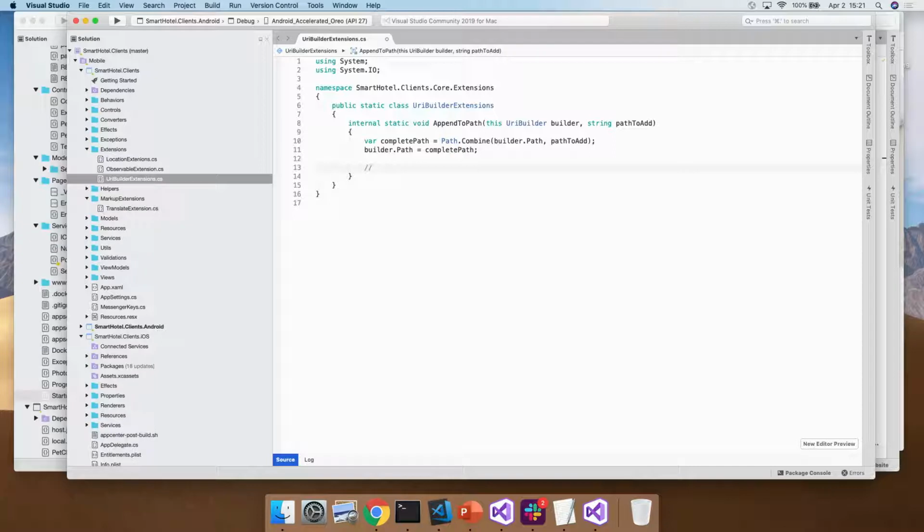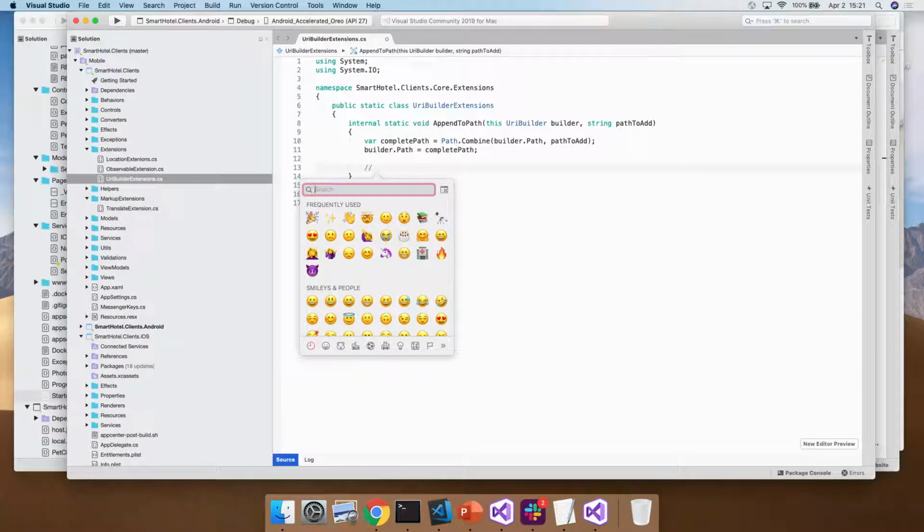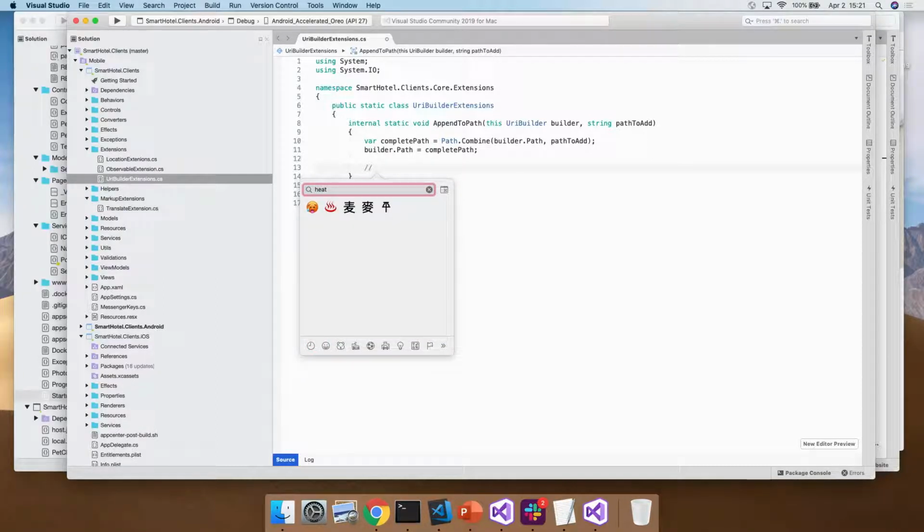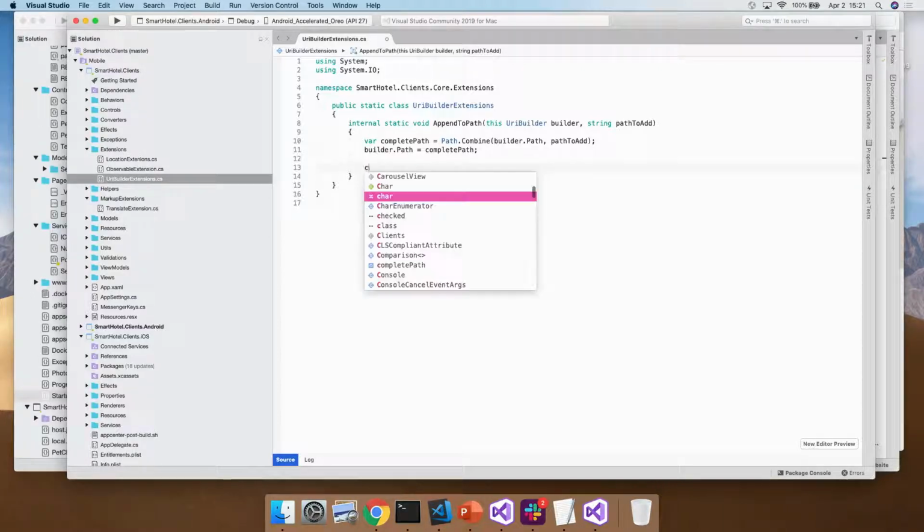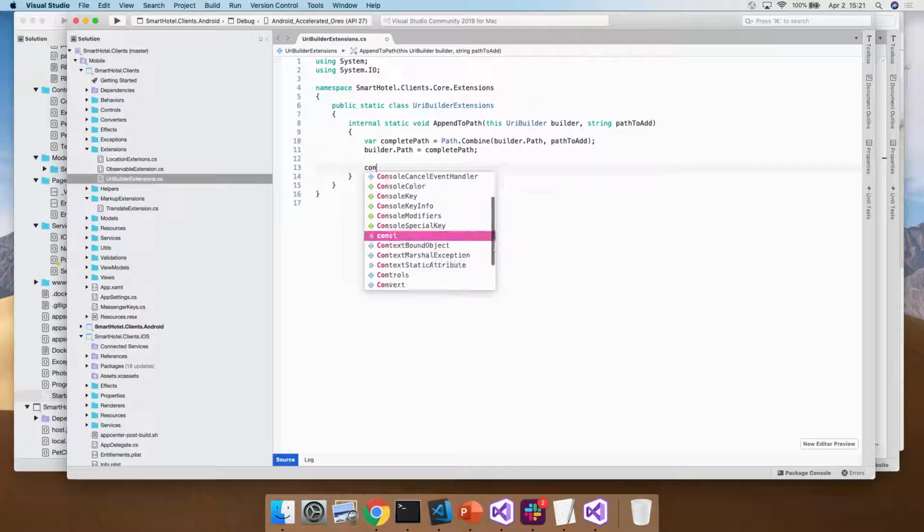So I can do Control Command period to open up the macOS emoji, and then I can search for an emoji, and I can enter that. So full support for emojis. I know a lot of people will be excited by this. I certainly am. We also now have support for right to left text